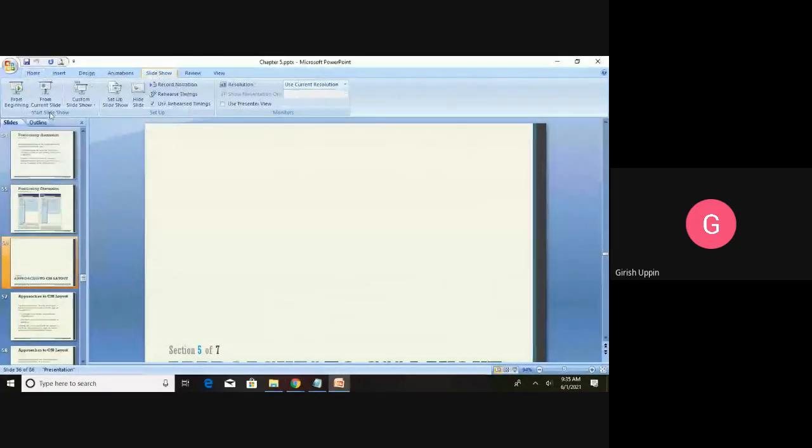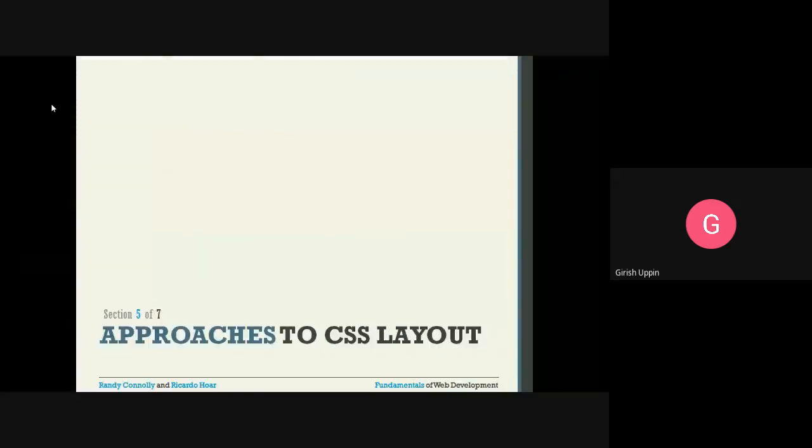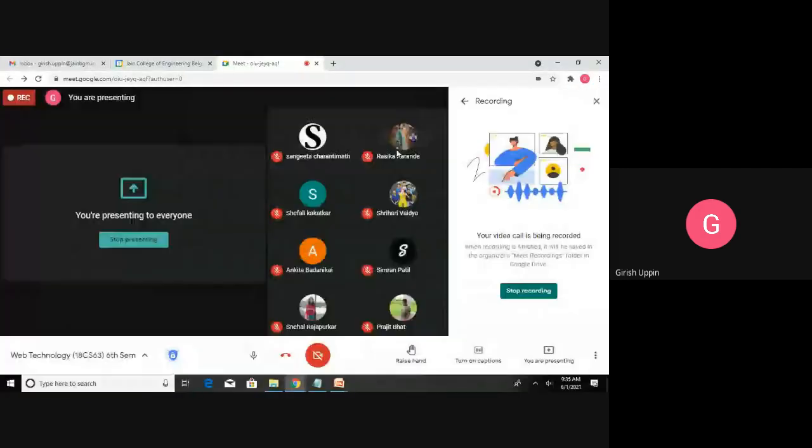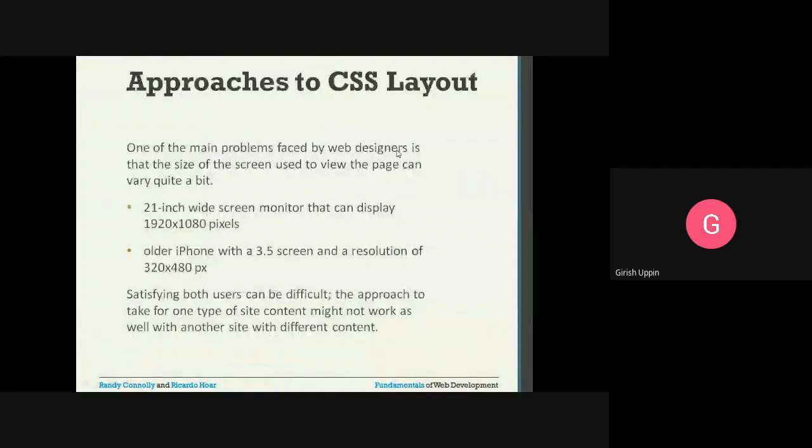In this session, we will look into the approaches to CSS layout. One of the main problems faced by web designers is the size of the screen used by different users to view your particular application.